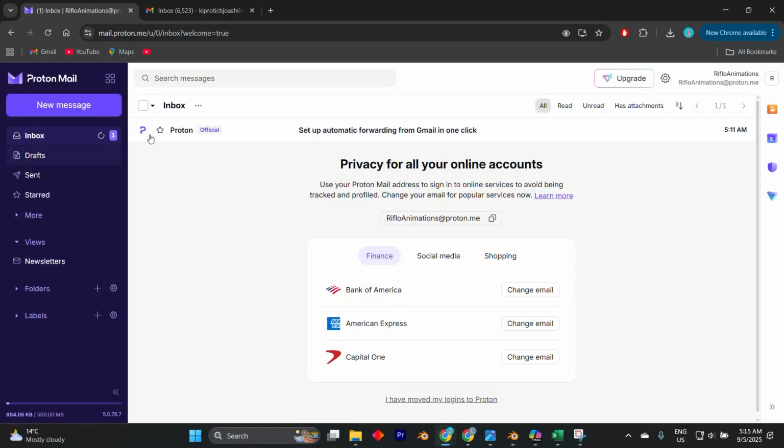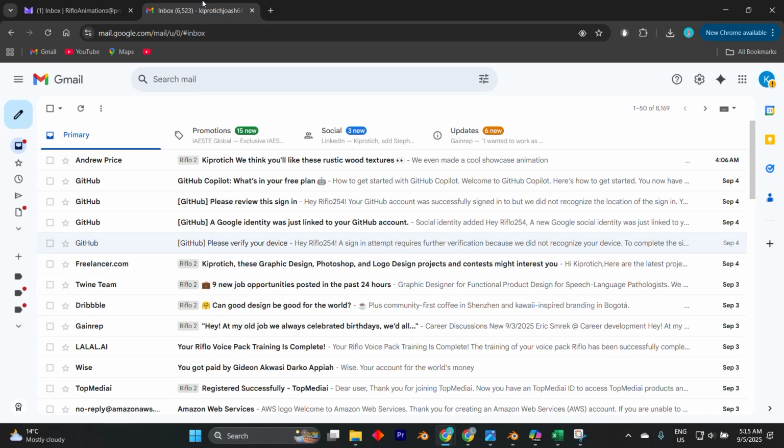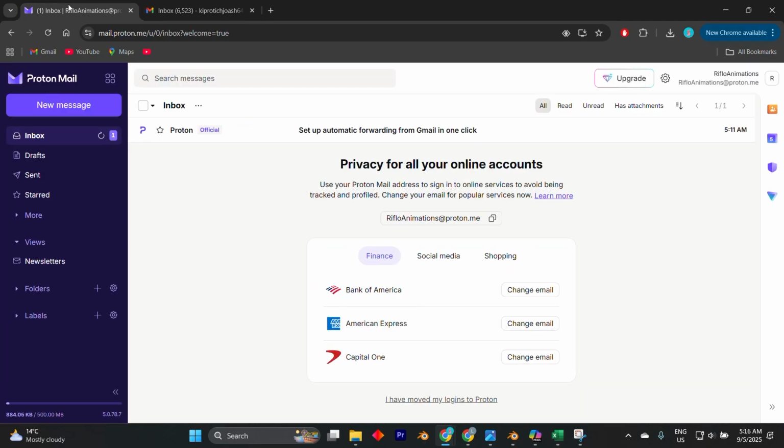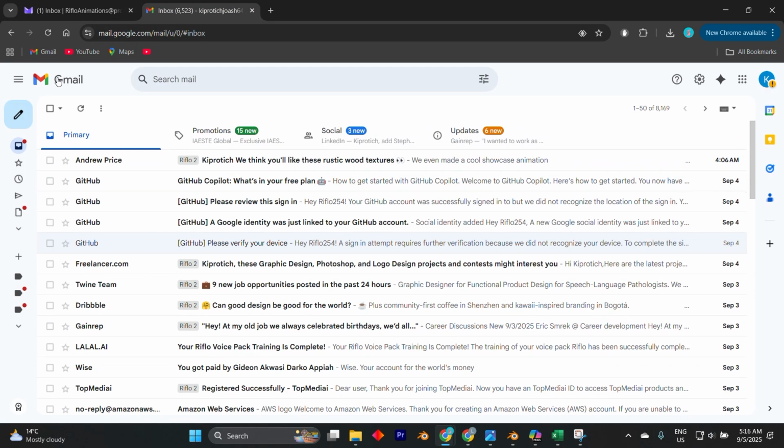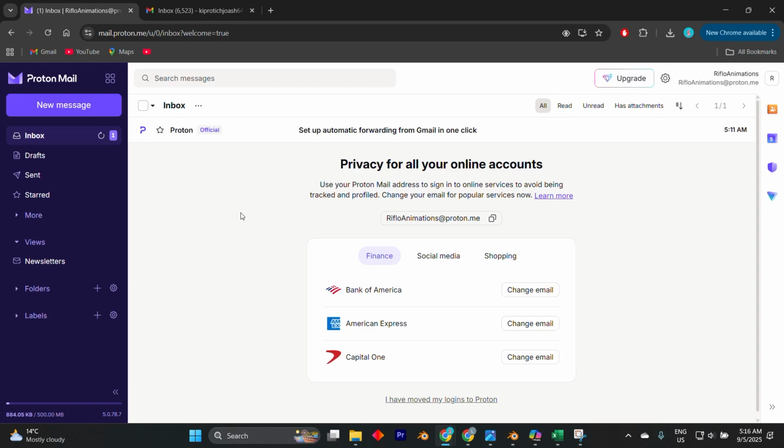Proton Mail is a secure end-to-end encrypted email service, while Gmail is a feature-rich integrated email platform. Using them together requires an understanding of how each service works and what you want to achieve. You can't sync Proton Mail with Gmail in the traditional way due to Proton Mail's end-to-end encryption. You can, however, use a combination of forwarding and a paid feature called Proton Mail Bridge to get a semblance